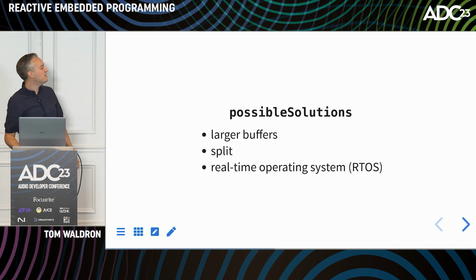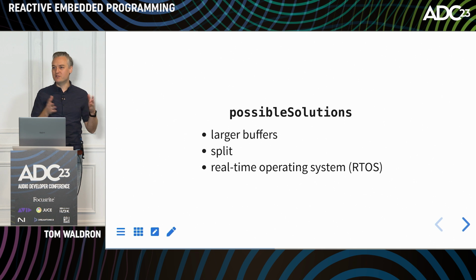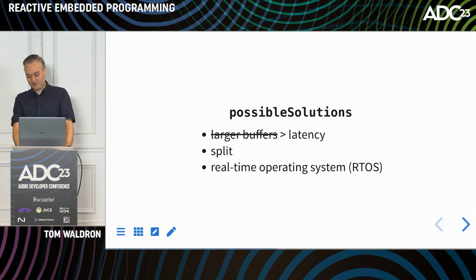There's a bunch of potential solutions to this problem. I'm sure you can think of more. We could make all our buffers for our I/O really, really large. For example, our FIFO from earlier could just be really, really big. So it doesn't matter if everything's waiting for tens of milliseconds because we've got enough space to put everything in. This turned out to be a really bad solution because